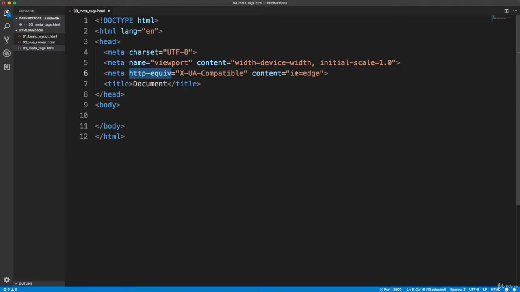You can see the content equals IE=edge. So IE is referring to the old Internet Explorer browser, which is not used very much at all anymore. Windows now ships with Edge, so we're basically saying we want to use the Edge standards. And Microsoft browsers have been just a nightmare since the beginning of web development. Back when I started, it was Internet Explorer 6, which never rendered things correctly. You always had to do little hacks here and there in your CSS and in your JavaScript to get things to work. So even now, IE 11, which is the latest version, is still very clunky,